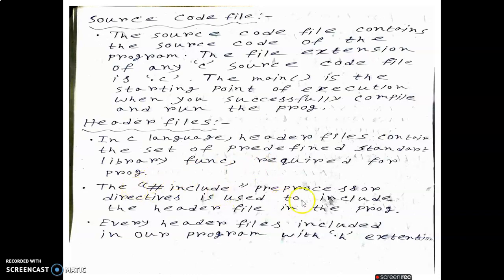The #include preprocessor directive is used to include the header files in the program. We use this command, #include, to include the header files in the program.